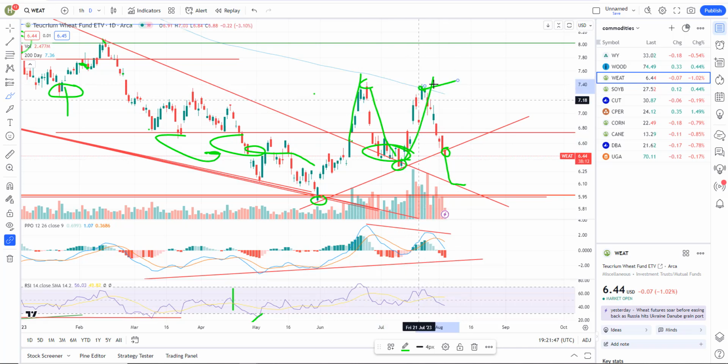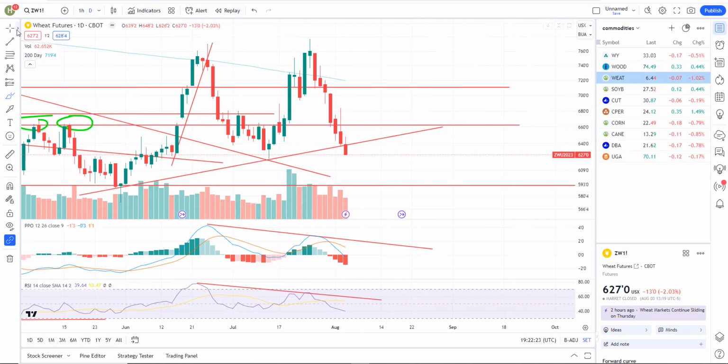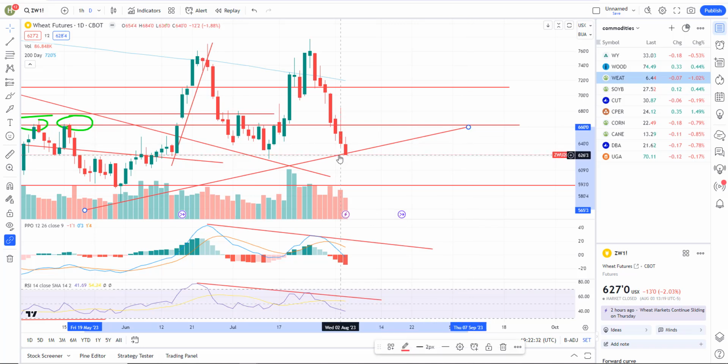Now, if you took profit there, great, you're doing great. But now it's back down here. So I think we're at support, but again, we need to see it really hold right here. And when I look at the wheat futures, you've got this trend line. It's not the best trend line. It could have been marked maybe like that. We just didn't have that many reaction points to really say that it's a valid trend line.